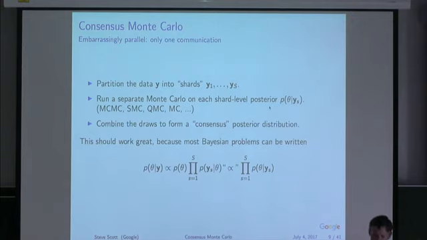Some people call these sub-posterior distributions in the literature, to get a set of posterior draws from p of theta given y sub s. So each machine is going to run a full Bayesian analysis as if the shard of data that it saw was the only data in the world, and it doesn't know about the other shards. And then once I have those sub-posterior distributions, I'm going to combine them, put them back together to form what I call a consensus posterior distribution. So if you are thinking about the world in terms of divide and recombine or divide and conquer, this is the divide step and this is the recombine step, right?